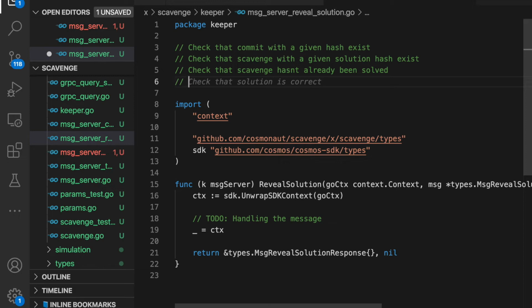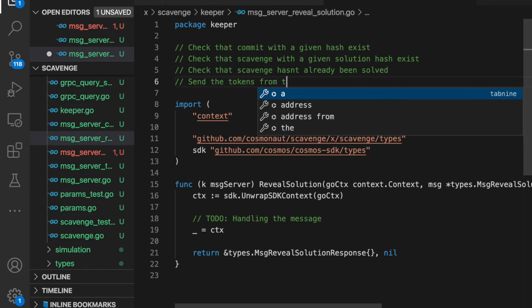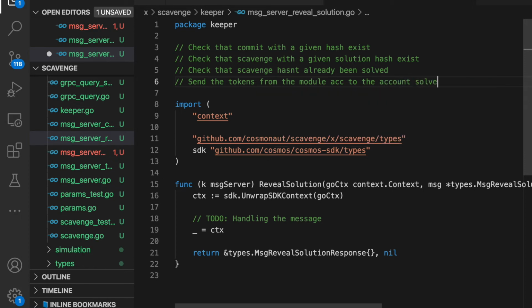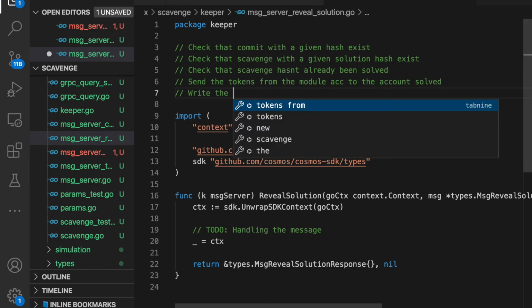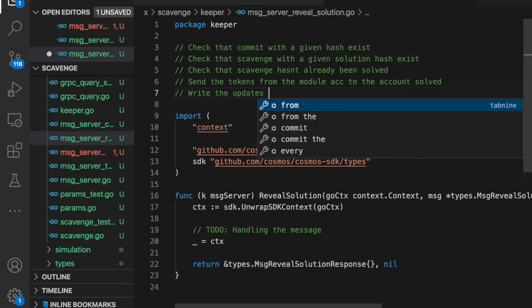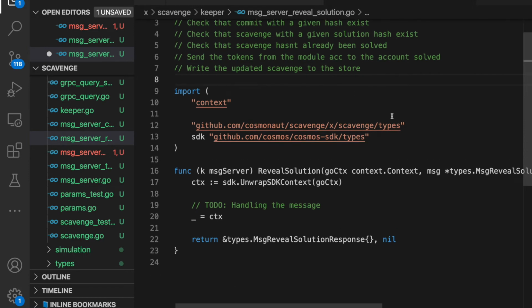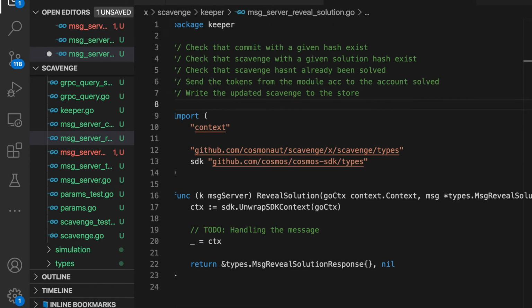Then the next thing we do is we send the tokens or the bounty amount from the module account to the account that solved the challenge. And lastly, we write the updated scavenge to the store. Okay, so once that has been said and clear, let us start with the first thing,